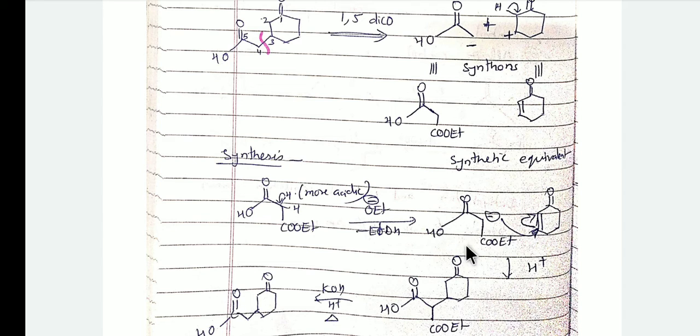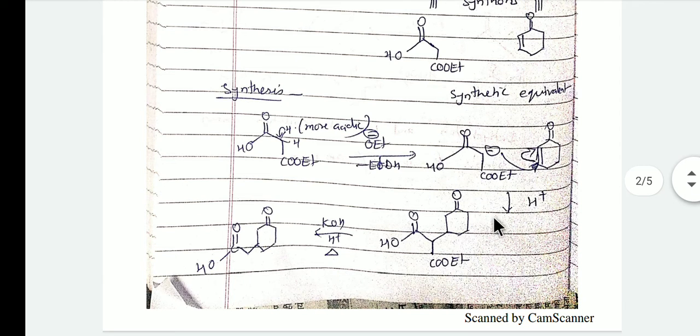Now this anion reacts with the other synthetic equivalent here, and electron delocalization takes place from this carbon atom to this carbon atom of the pi bond, so this carbon becomes positively charged and this carbon becomes negatively charged. The negatively charged carbon atom attaches to this positively charged carbon atom and forms a covalent bond. This can be illustrated by this molecule here, in which this carbon and this carbon form a covalent bond between the negatively charged carbon atom and the positively charged carbon atom.